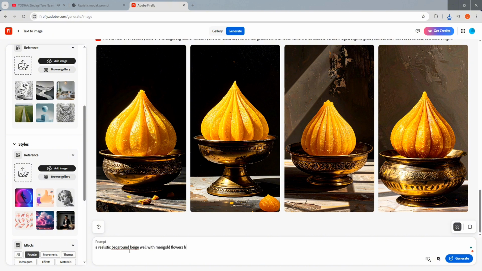Okay, now let's just write the prompt. You can tweak it according to your requirements.